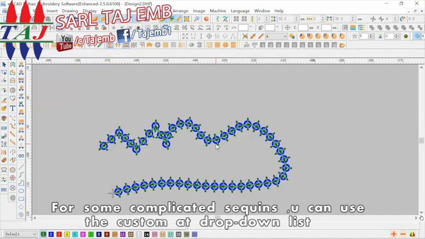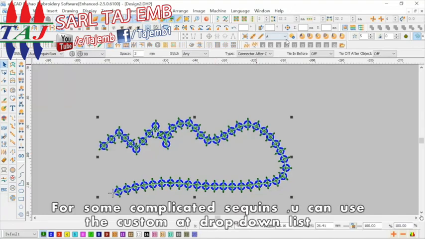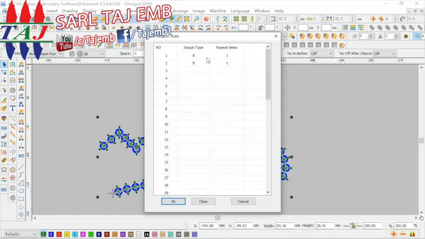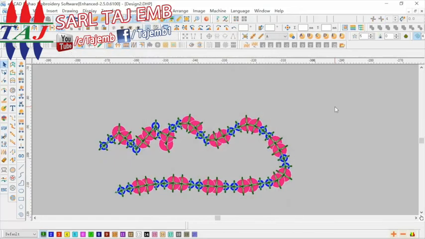For some very complex sequence, we can use this custom settings. Custom. We clicked it. And here is how we can set the multi-sequin rules. We can set the sequin type and the repeat times, and the effect like this. And according to the user's settings,